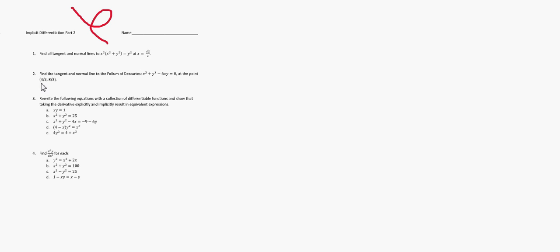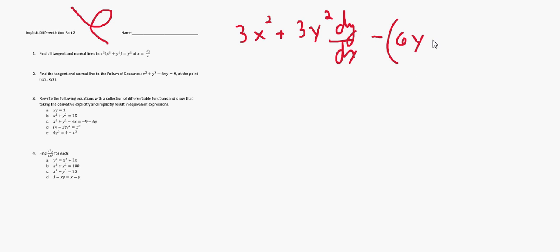And in this case, they gave us the x and the y. So we don't have to find the y at all. We just need to know the slope. And we get the slope by deriving it. So we're going to derive it and get 3x squared plus 3y squared dy dx. Minus, I'm going to put parentheses around this because we're subtracting off the derivative of this whole thing here. If you don't put a parenthesis there, you're going to lose a negative. But you're going to get 6y plus 6x